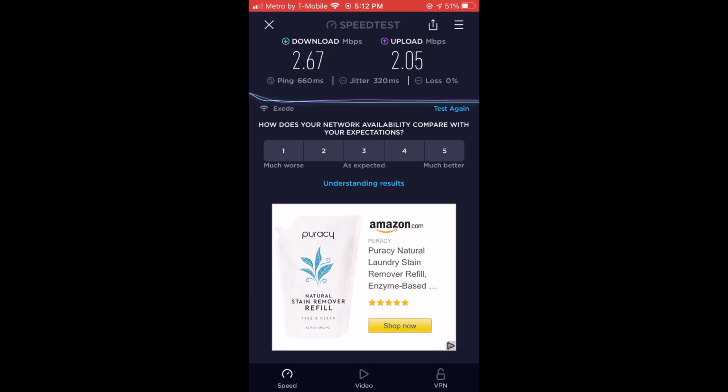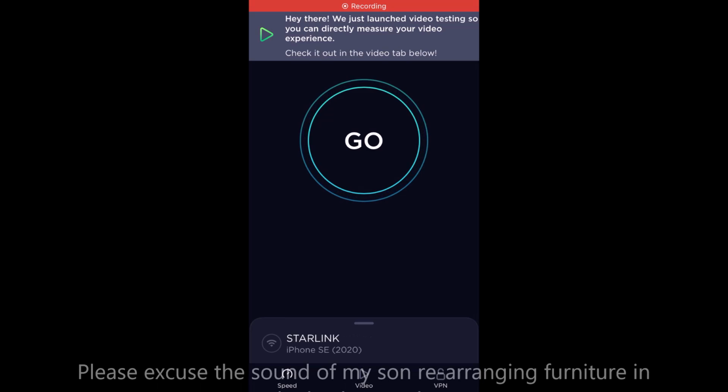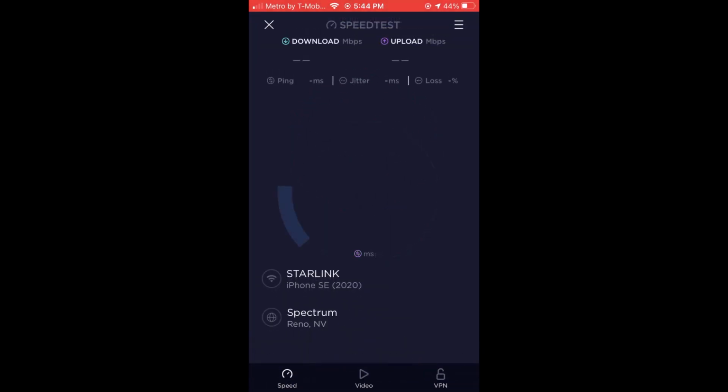And then we will take a look at what the Starlink speeds are. It does not take me a half hour to connect to Starlink, but I do have a toddler and can really only shoot